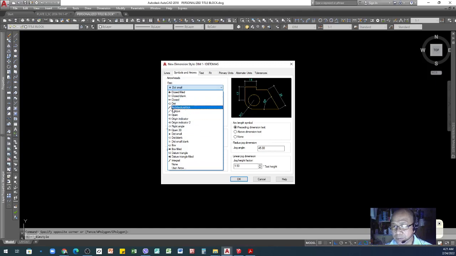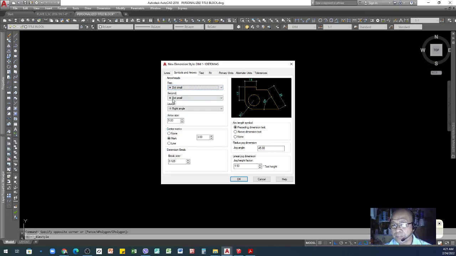Previously I used architectural tick, which is like a 45 degree line, the one which I asked you to use in your manual drawing before, because it's easy to use the 45 degree line. This time we will use the dot small. Second point, so we have two symbols in our dimension, one here and one here.